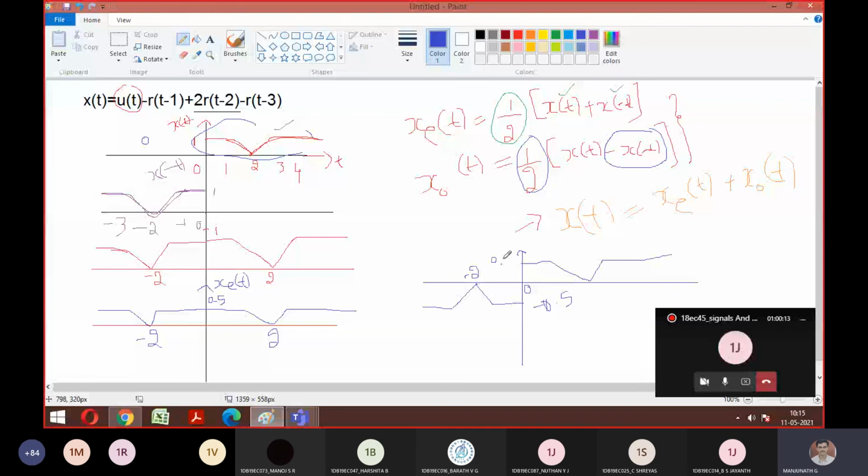I told you that you can verify using the formula: odd function plus even function. So just add this even function plus odd function. Look here, this positive side and this negative side will get cancelled. What is left out is 0.5 plus 0.5, nothing but the original signal only. So this is how you need to analyze any odd and even signal. Is it okay to everyone?